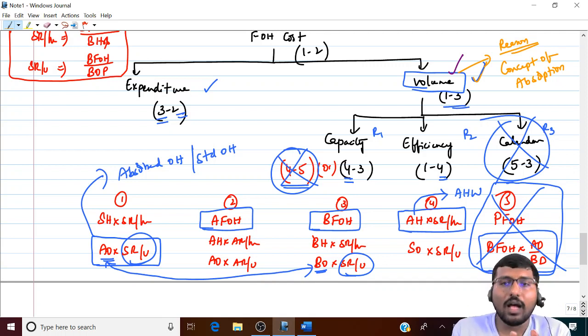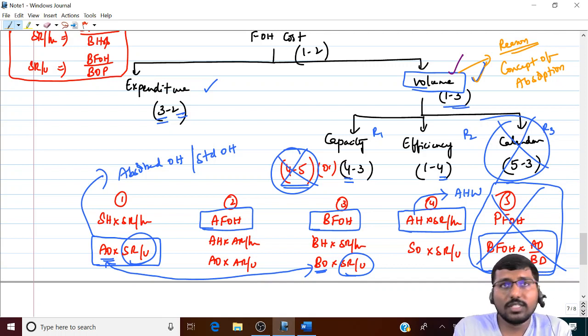Now coming on to the crucial point. So now you know that as such, your fixed overheads will not change because of change in volume. The only thing is the amount of fixed overheads that you will absorb will increase or decrease because of change in volume. Now, what is the importance of understanding this logic? Quite simple. The concept of absorption is there only under absorption costing method or system.